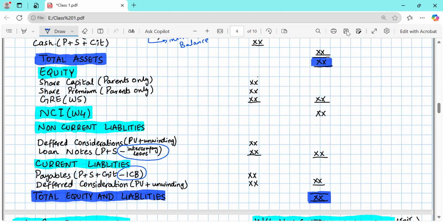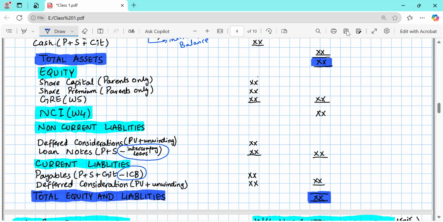We will see what the retained earnings of the group as a whole are. And how will we calculate that? We will calculate that using working 5. W5 means working 5. So you need to be aware of how to prepare all of these workings in Excel as well. Because if the examiner asks you to prepare a consolidated statement of financial position, you have to prepare those workings, because only using those workings will you be able to calculate the figures and post them to the financial statement format.